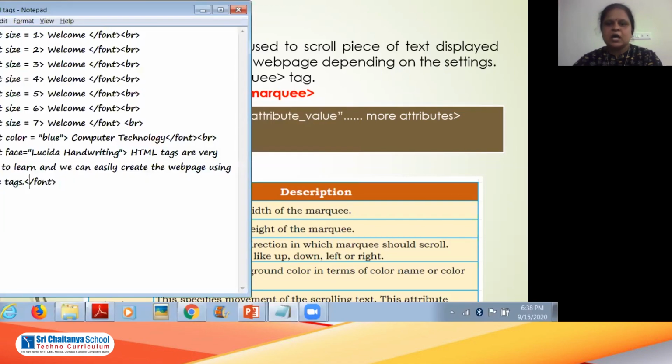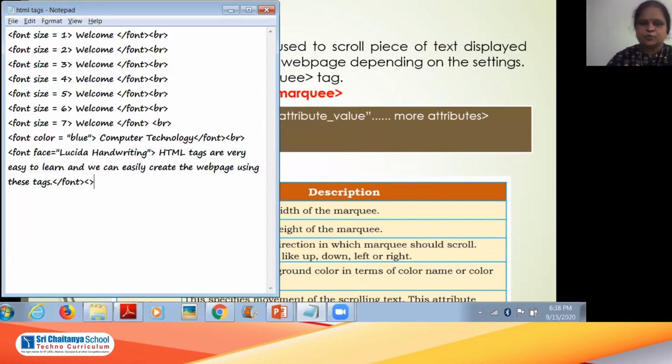Let us go to our notepad. I'll just use the BR tag to come to the next line, and I will use one more BR tag to leave one more line gap, and here I will use the marquee tag, /marquee. Then I will write here behavior is equal to scroll. Okay, and then here I will write Sri Chaitanya Techno School